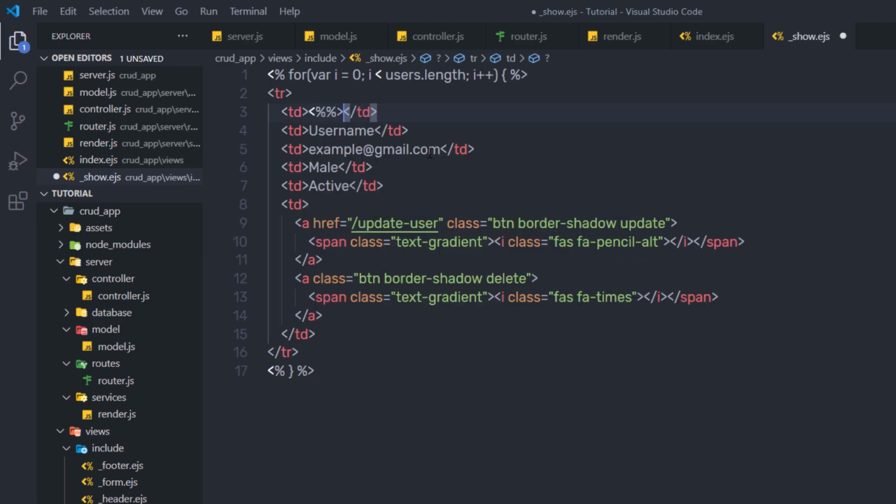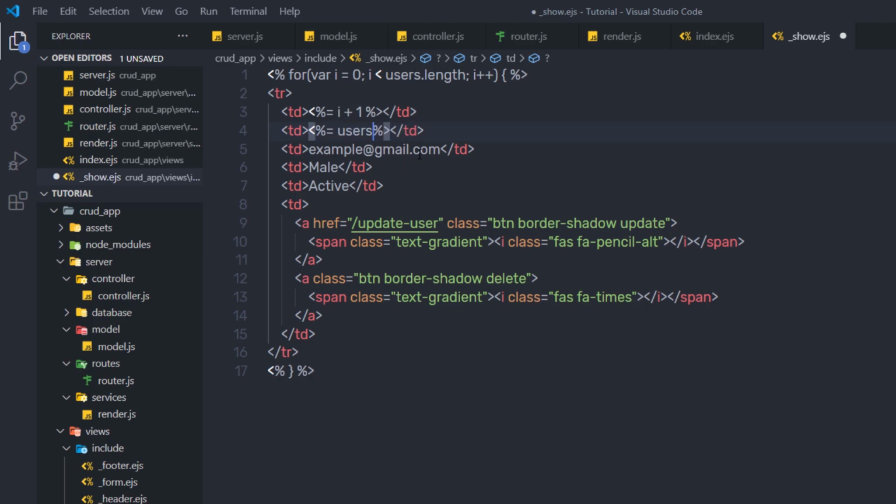So I'm going to call EJS syntax with equal to sign to print value, and then I'm going to first specify id. So here I'm going to say i. Right now this i has value 0, but I don't want to start my id from 0. So I'm going to say here i plus 1. Just out of that, I'm going to copy this syntax, paste it here, and instead of i plus 1,